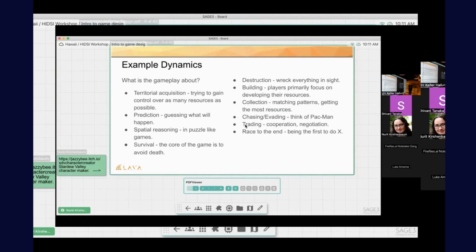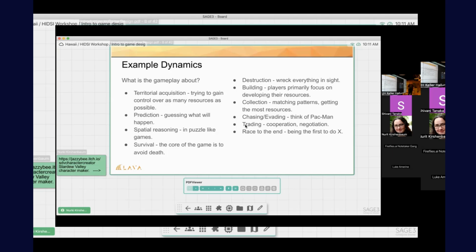Some examples of dynamics. I assume that everybody has played some kind of games. I'm not expecting you guys to be serious gamers. It's fine if your favorite game is Uno. I'm just saying that every person has probably played at some point in your life some kind of game. So we have this sense about what gameplay is, but here are some examples of gameplay that you might see in some modern video games,